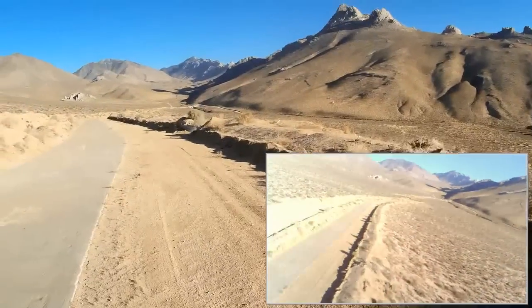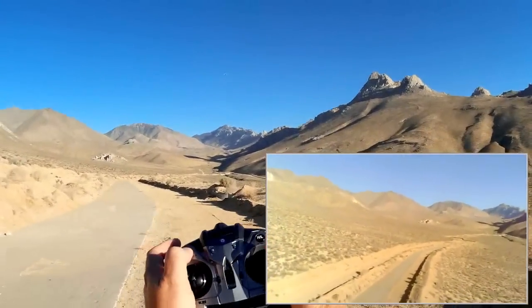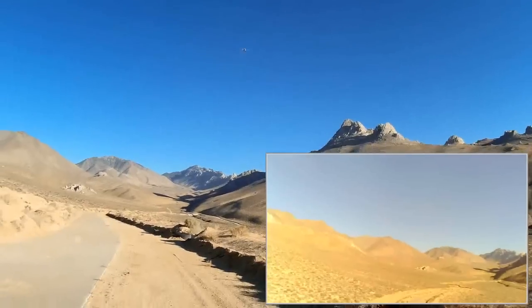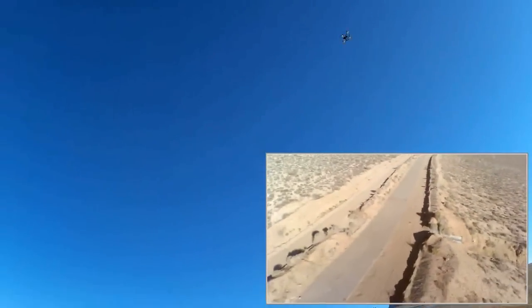Okay, going back to beginner rate. What do I want to do now? I haven't done one key return. I think it was pointed that way. Let's press one key return and see if it flies back toward us. Yeah, it does. Keep in mind, if you want one key return to work, you have to keep the quadcopter flying down the general direction